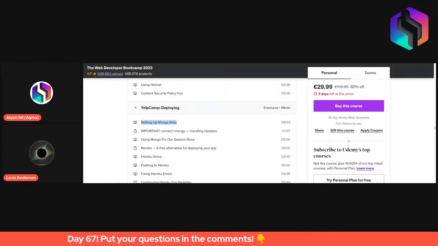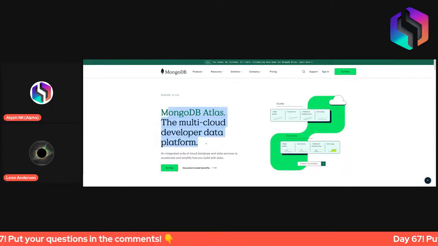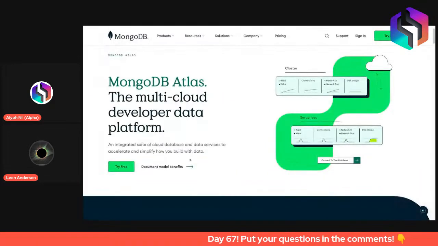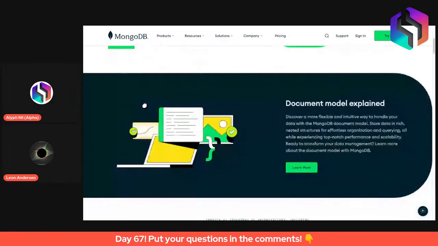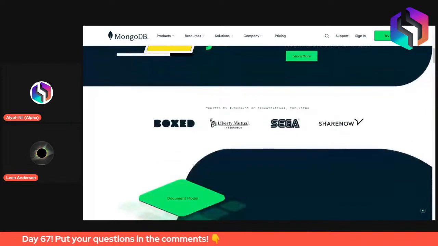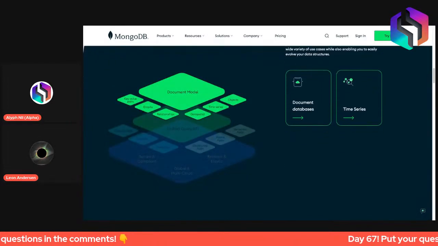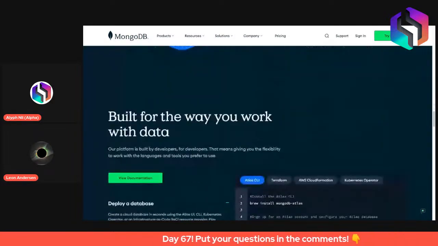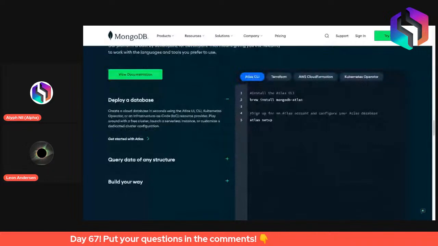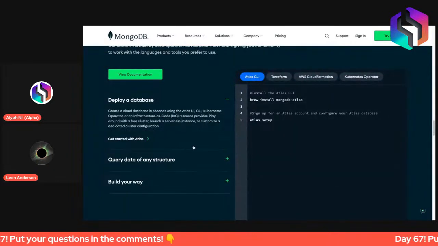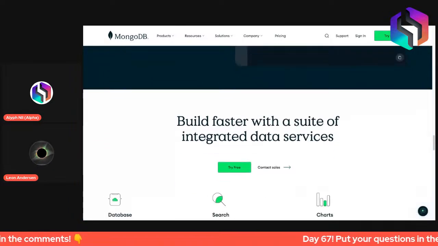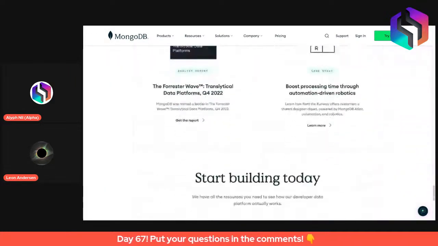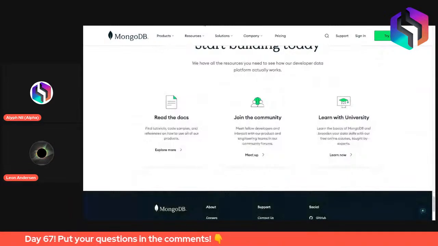This basically will help us to host our Mongo database that we so far have on our local device, in the cloud, in one of the clouds, and thereby make it accessible to users of our website or progressive web app or whatever we are using the MongoDB with.